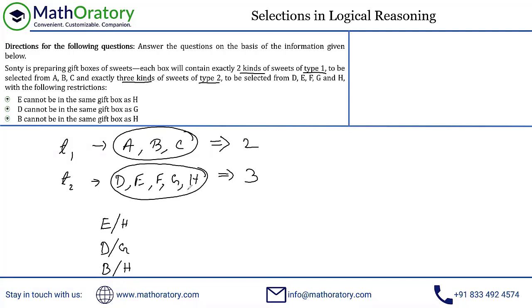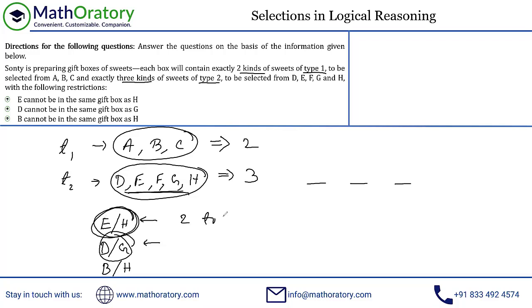So you'll understand the relevance of this now. If you notice this point and this point, both of these are pointing to the same group, right? So E or H is also from type 2, D or G is also from type 2. So think about it. We have to select 3 suites from type 2. One of the places could be E or H, one of the places could be D or G, and one place must be F, right? The reason I'm talking about this is there are five total suites in this particular group. Out of these two, I could select only one.